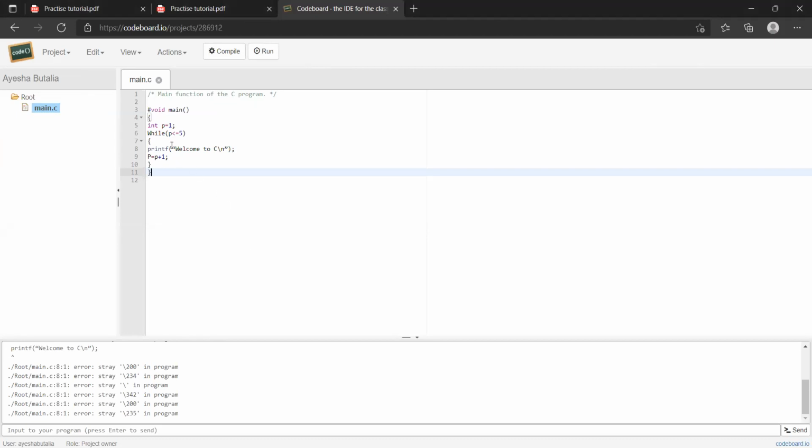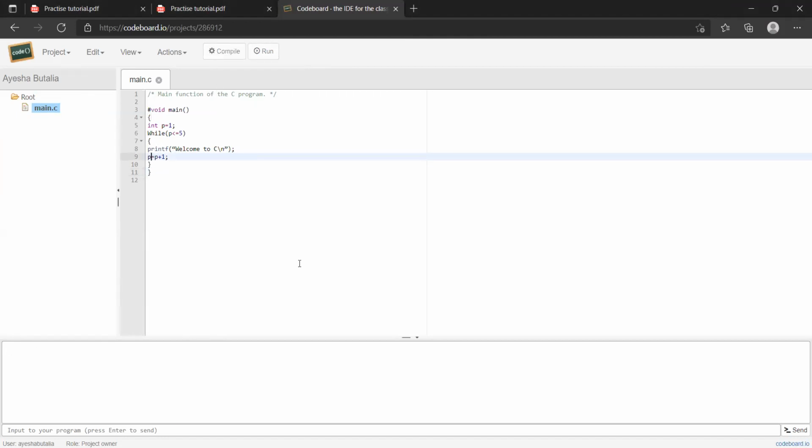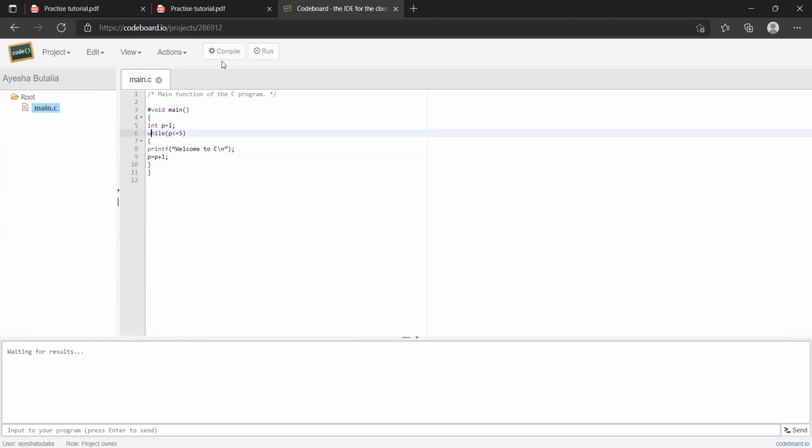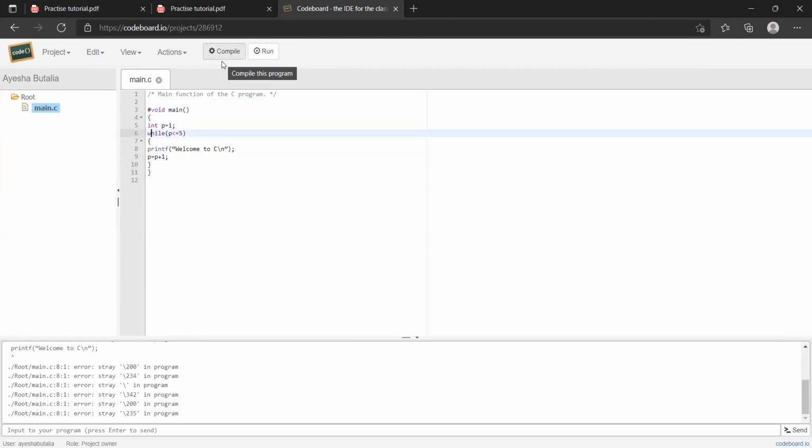So you need to first rectify these errors. The error is that P is small. We already told this. The more you rectify the errors, don't be afraid. While, W small. Yes, W small. The more confident you are in solving errors, the better a programmer you become.